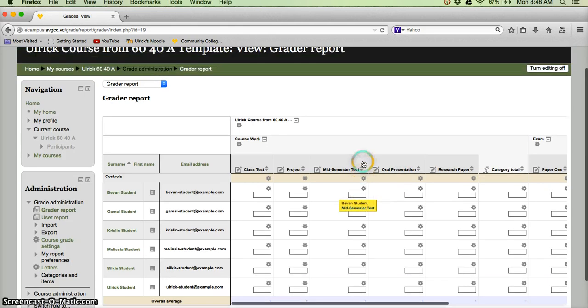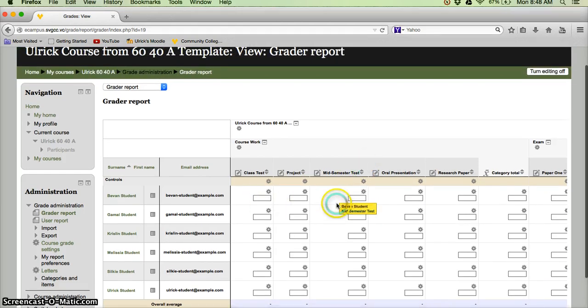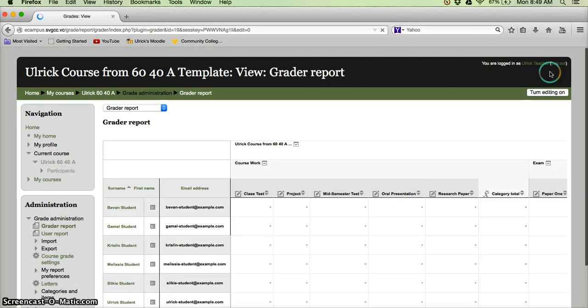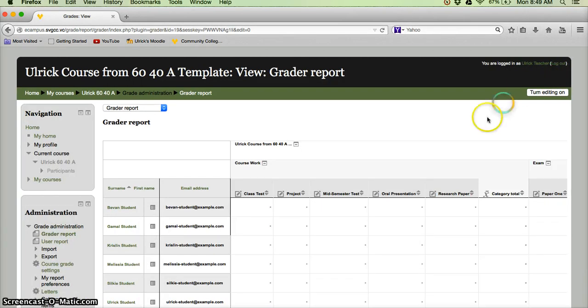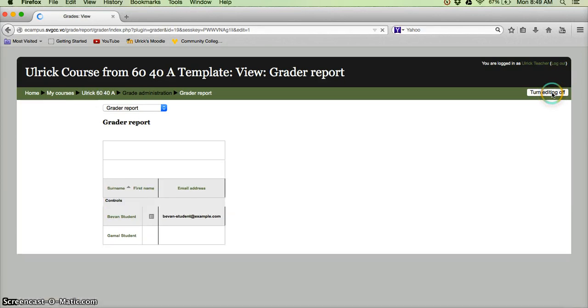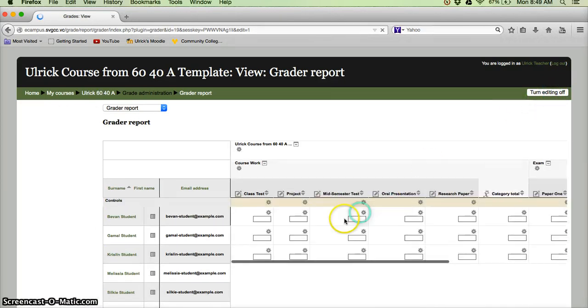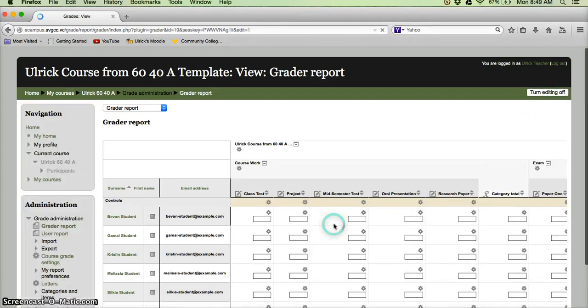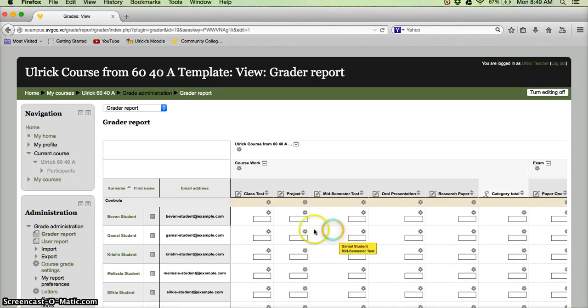So if you do not see these boxes, it means that your turn editing button is not on. So I will just click it so that you would see how it turns on and off. Right, you see there are no boxes here now. I turned it back on and your cells would appear for you to enter the grade. So I will just go ahead and enter